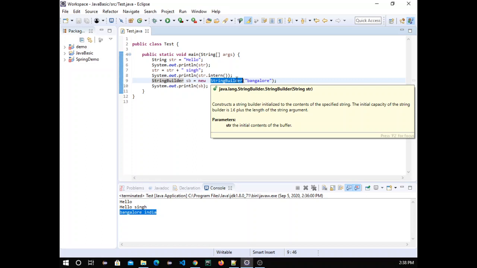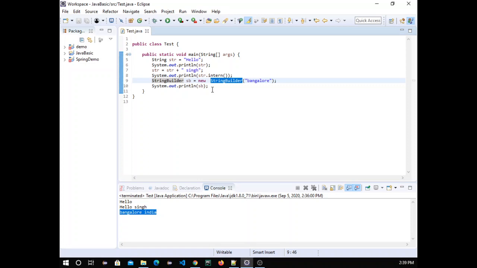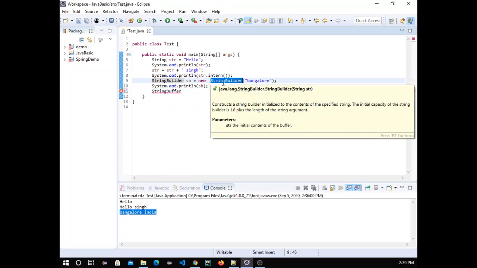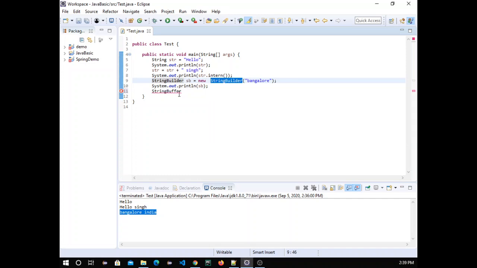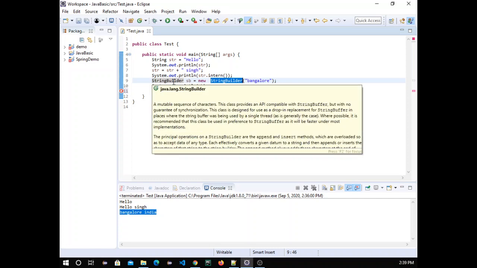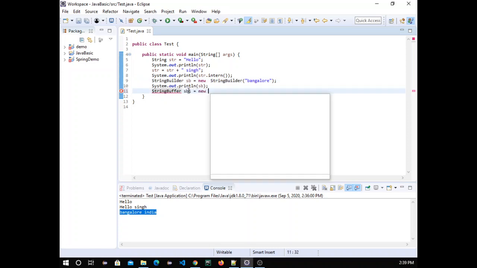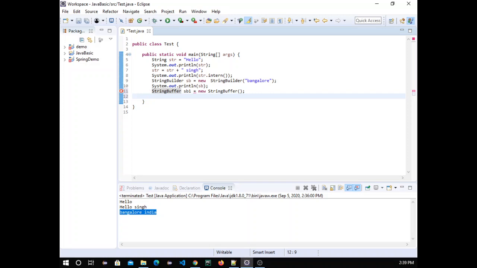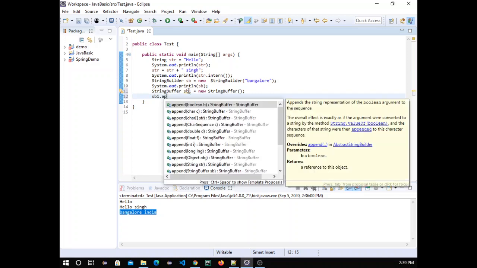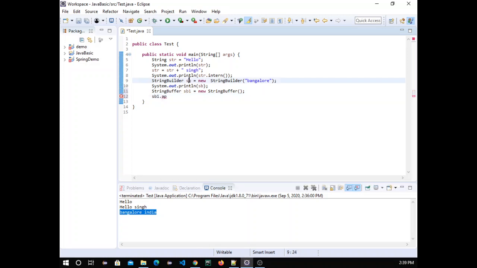Just to resolve this issue, they created one more class, that is a string buffer. This string buffer has similar properties, and you will find very similar method names inside it. If we create, suppose, sb1 as a string buffer and access sb1, we will find the append method here also, just like in a string builder.